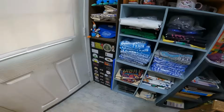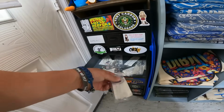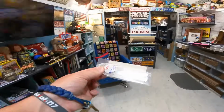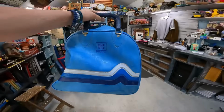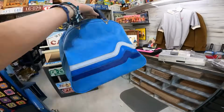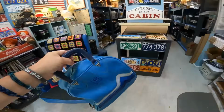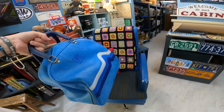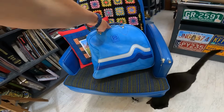And we sold a Camaro keychain. We are down to 11 maybe. I think that's right. And these are going for $10.46. And I always say I'll stop buying these because they are slow sellers. This is a Brunswick bag. That design, you'll see them on the Don Carter bags. But when I see them, I just make an offer. I'm like, I'll give you $1 for it. And if they say yes, I still buy it. This one sold for